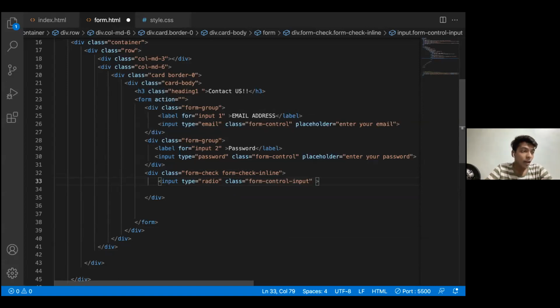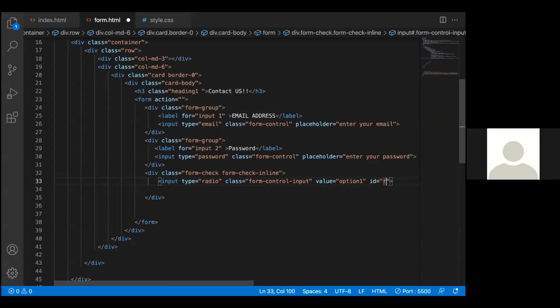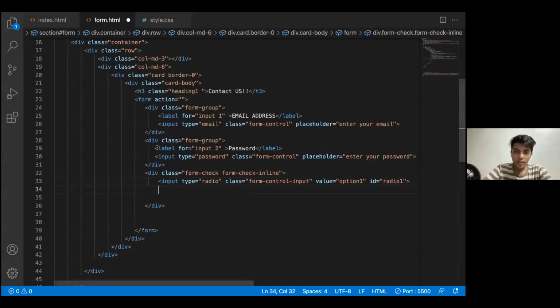Yeah, and I have to give it a value attribute also. Why? I'll tell you in some time. A value of option 1, and I have to give it an ID of, I say, radio 1. Now I'll be giving it a label so that I can know what the radio button stands for.